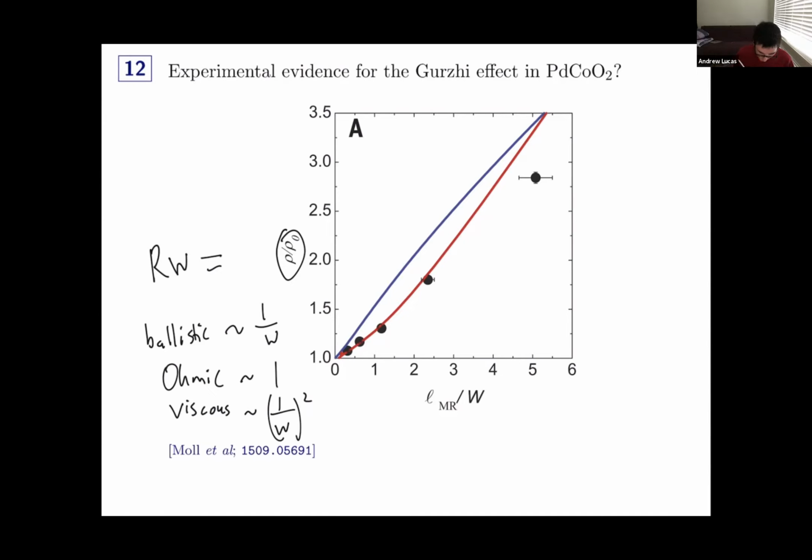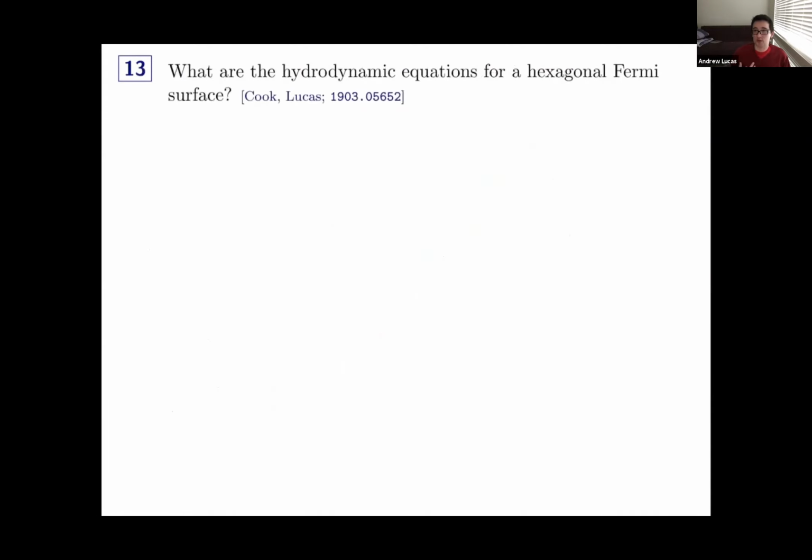But from our perspective as theorists, this is maybe a little bit unsettling, because, as I mentioned, the circle and the hexagon are two different shapes. And it's worth checking: how much does hydrodynamics depend on the shape of the Fermi surface? So, just to quickly explain the answer here, we went through and calculated this both from sort